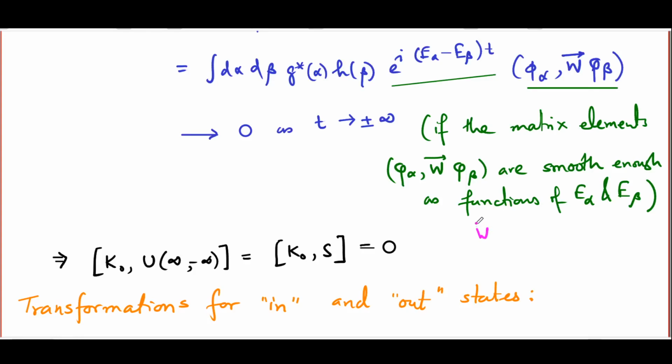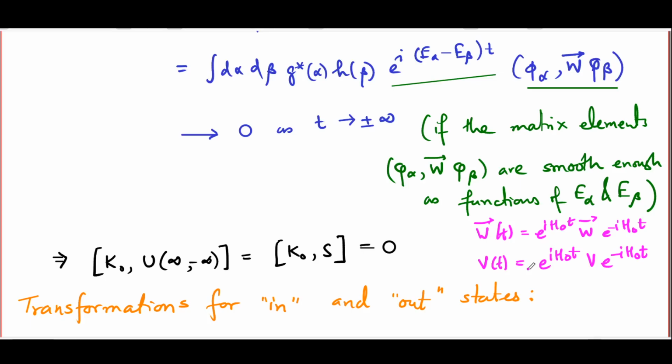If you come to think about it, the fact that W(t), that is e^{iH0t} W e^{-iH0t}, vanishes in the limit t goes to plus infinity and in the limit t goes to minus infinity is really not that surprising. Remember, the W is there in your theory primarily because there is an interaction, V. And if you were to form a similar operator V(t), e^{iH0t} V e^{-iH0t}, matrix elements of this V(t),